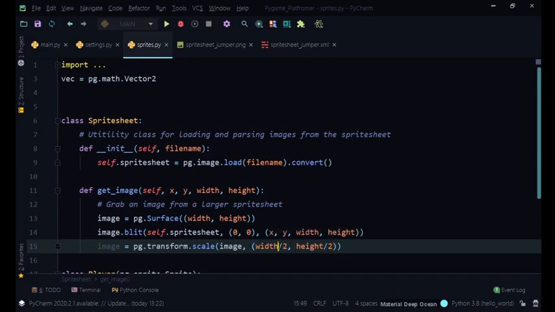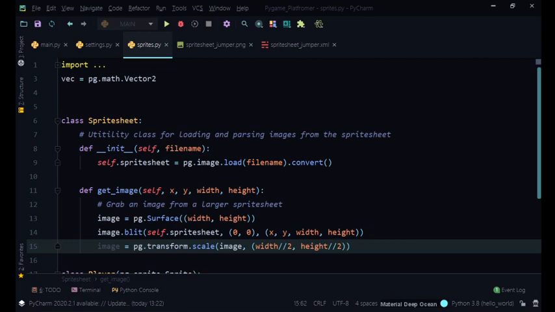If you thought about pixels ever, you cannot have half of a pixel, can you? You can't have a quarter, you can't have a half. So this will actually return a decimal value if there is a decimal value, and there probably will be. So just in case, we're going to do floor division. Now this will round it and then scale it to the